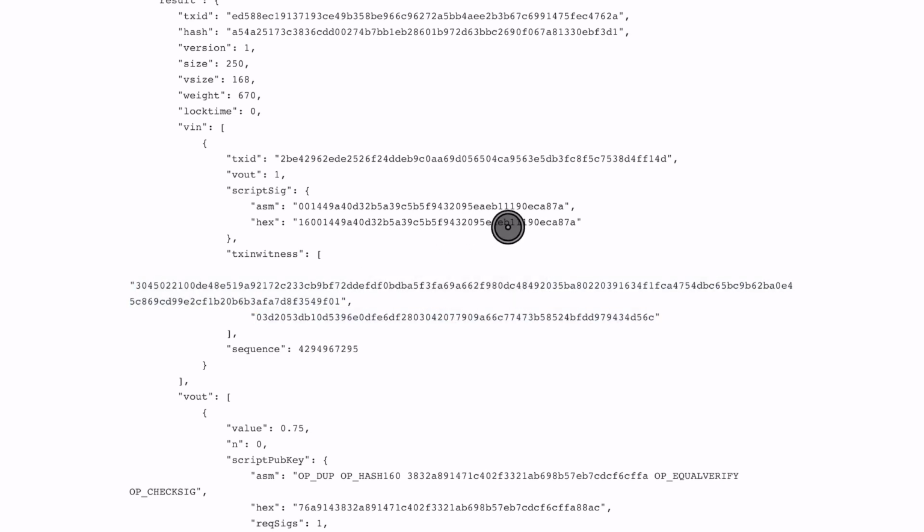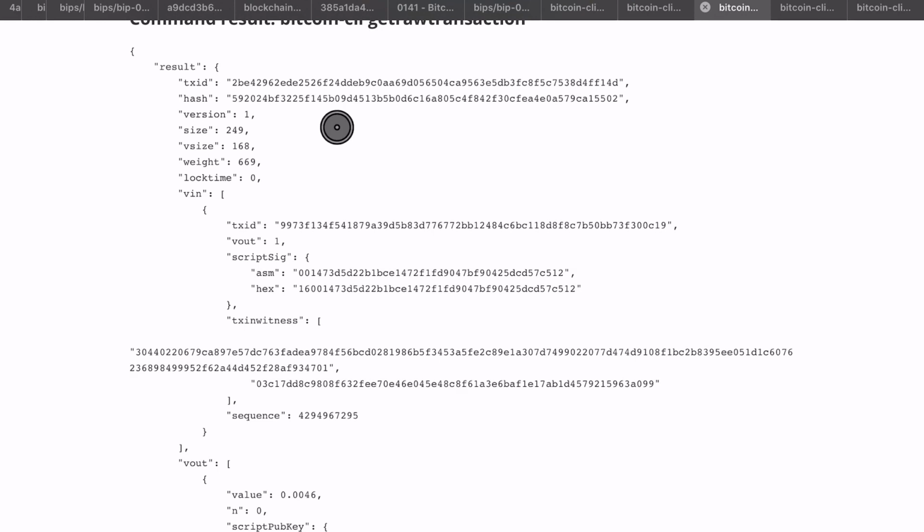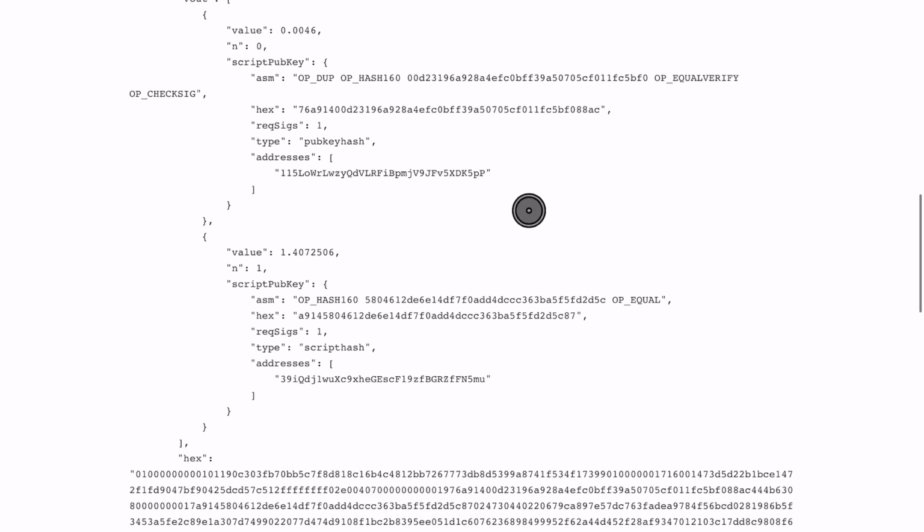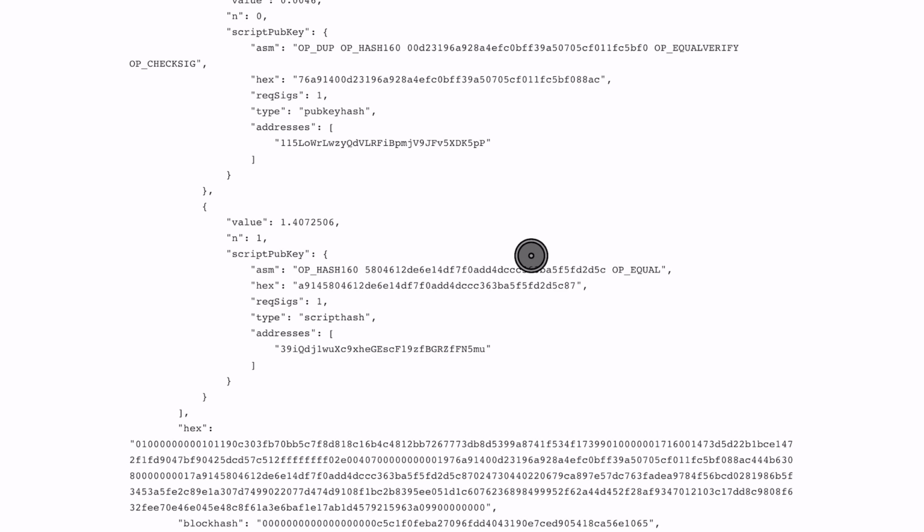The difference is that you can see here this is the script sig, and it is not empty anymore. If we take a look at the previous transaction, 2BE4, and the output index 1, you can see this address starting with 3. If you notice, the previous address started with bc1, that is the native SegWit address. So this is the